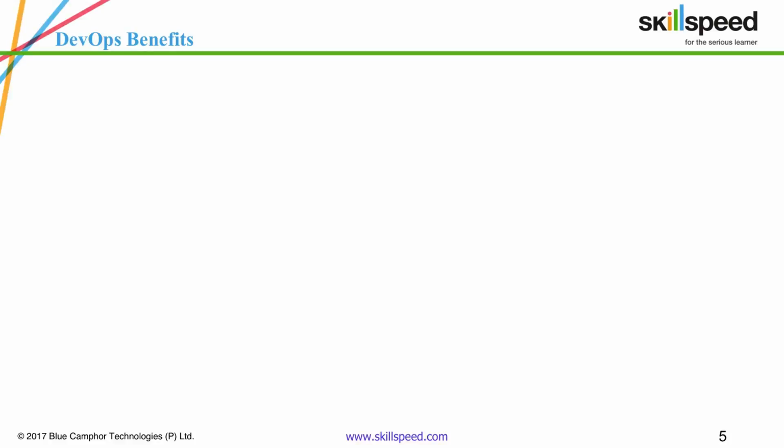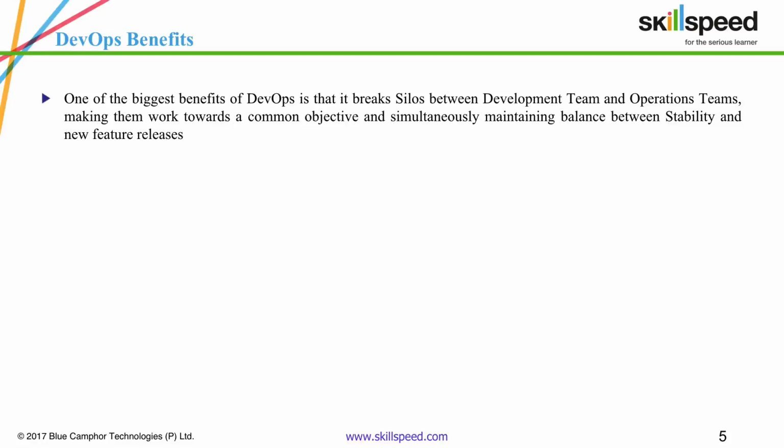What is going on is not good for the software industry overall, and we have to change the approach we take for software delivery, and that is where DevOps was born. One of the biggest benefits of DevOps is that it breaks the silos between development teams, operations teams and testing teams as well, because these are the three major pillars of IT software delivery. All three teams have their own set of objectives, challenges and processes. So what DevOps does is make them work towards a common objective, while maintaining the balance between stability and